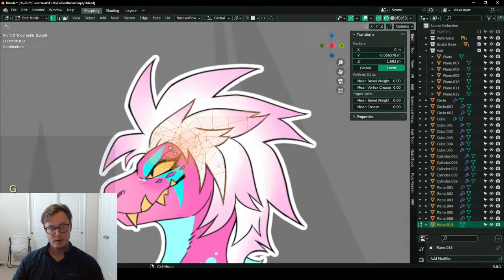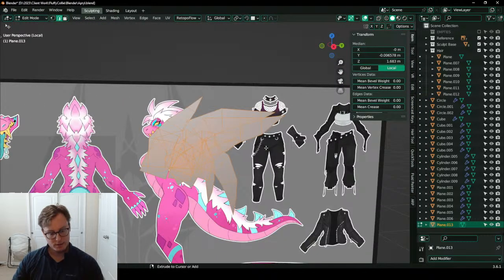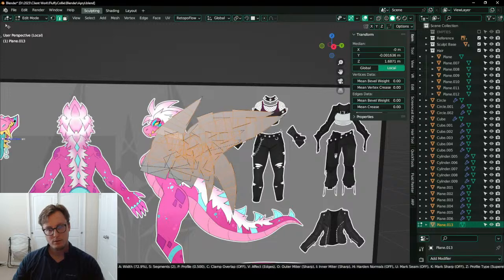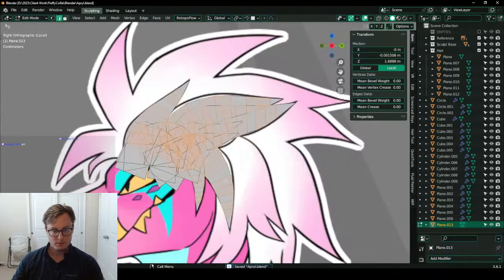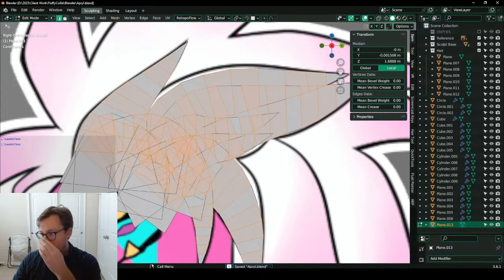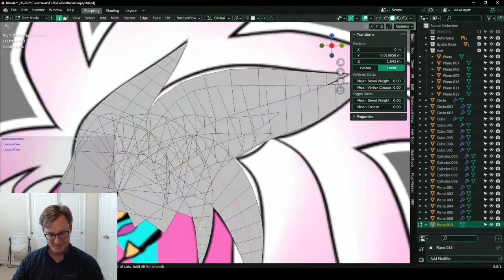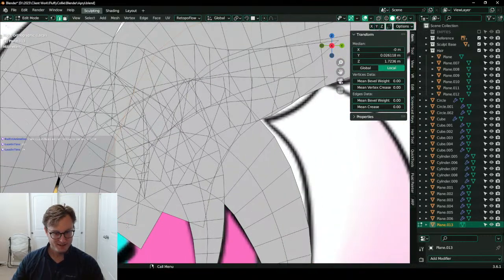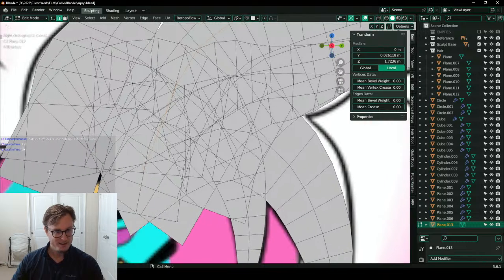All right. So now we're going to do the same thing we did on the previous one. Select the edges, bevel, right about there. This one's a little bit more convoluted though. All right, I think I got all of them.